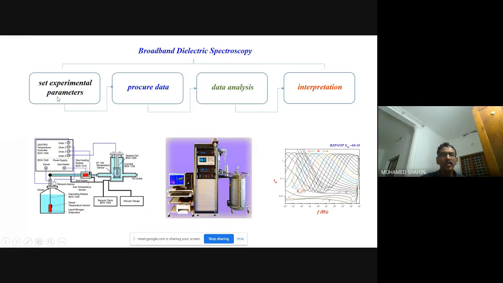Okay. So before doing an experiment, the following things have to be done systematically. First of all, we have to set the experimental parameters. Then data has to be procured. Following that, we have to analyze the data. Initial analysis has to be done before taking the sample from the instrument. This is because